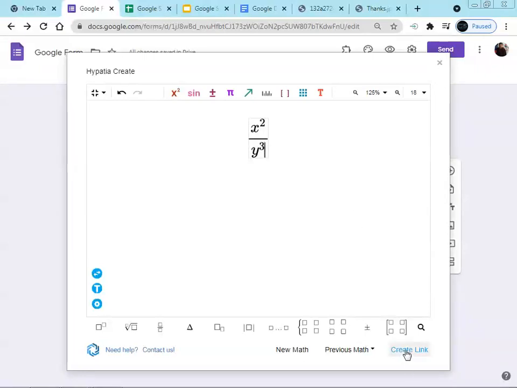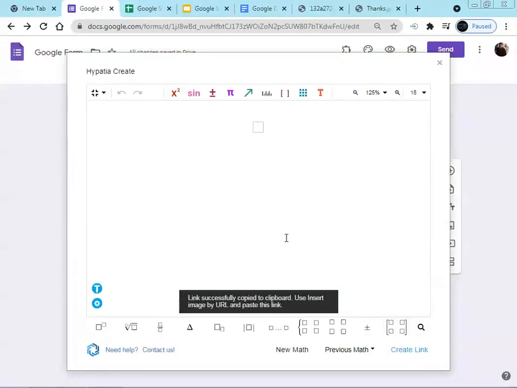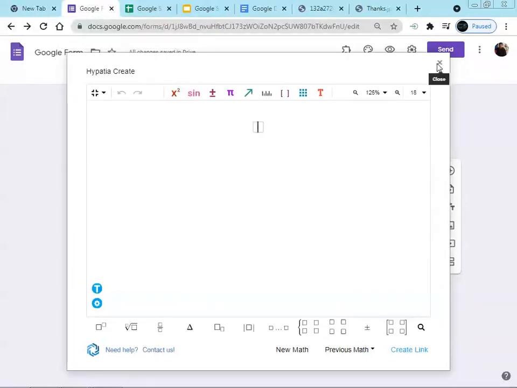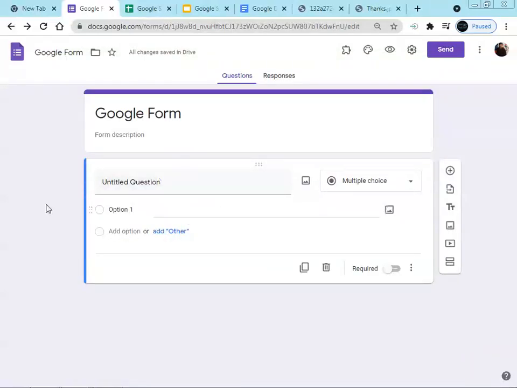We have to click on this create link option. When we click on it, this will create a link for the formula which we had inserted at the top. So the link is successfully copied to the clipboard. Use the insert image option with the URL, which means that if you have to insert this formula in this Google form,